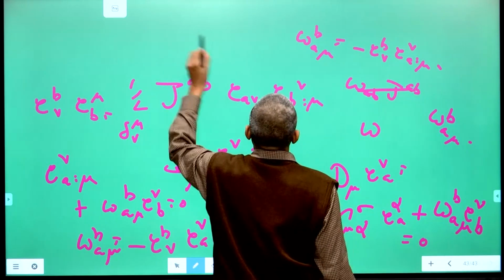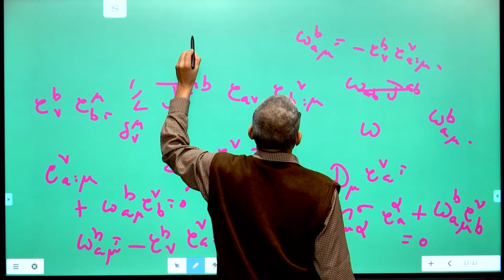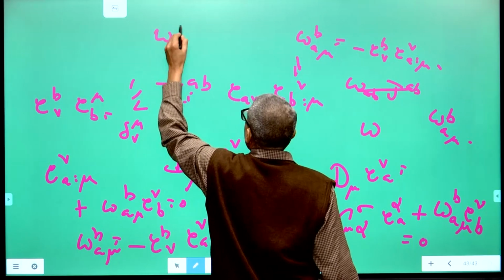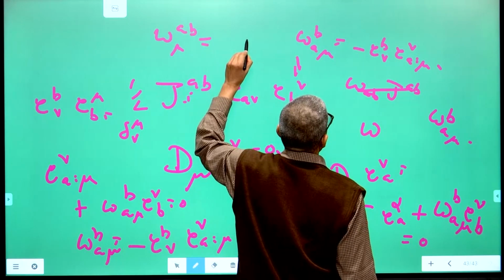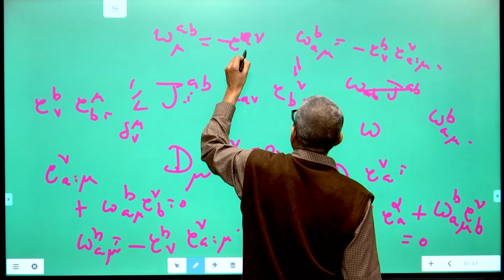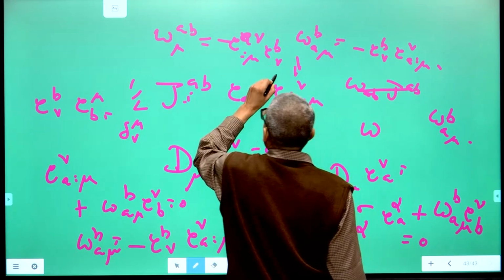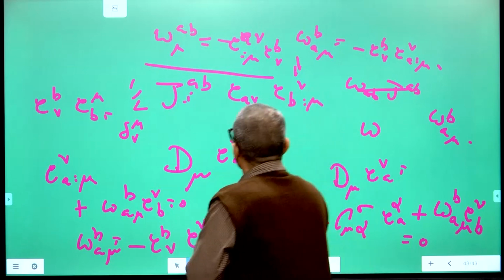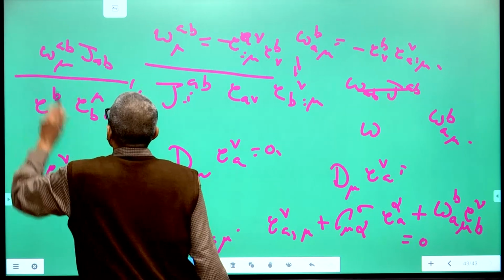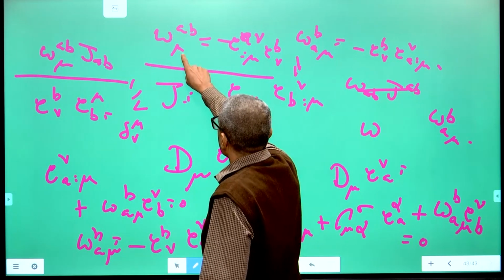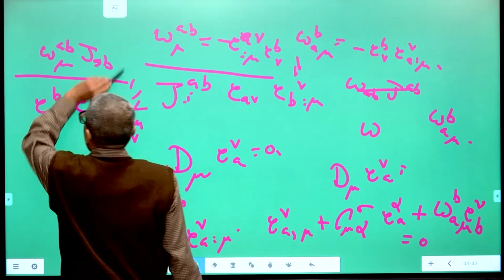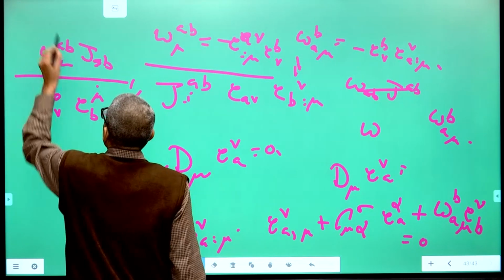right. Or equivalently, if I lower the index b and raise the index mu, what do I get? Don't raise the index mu, raise the index a as well as the index b. So you get omega a b mu is equal to, if you raise the index a, minus E nu E a nu double dot mu into E b nu. This gives you the spinor connection of the gravitational field. If you multiply omega a b mu by j a b, the Lie algebra elements, that naturally gives you the spinor connection of the gravitational field.